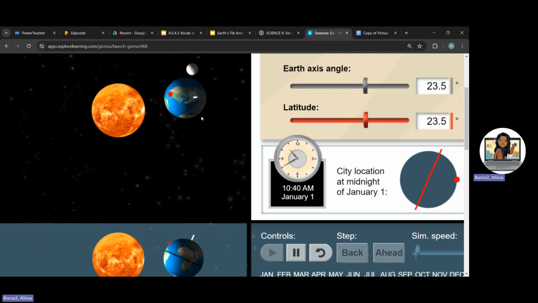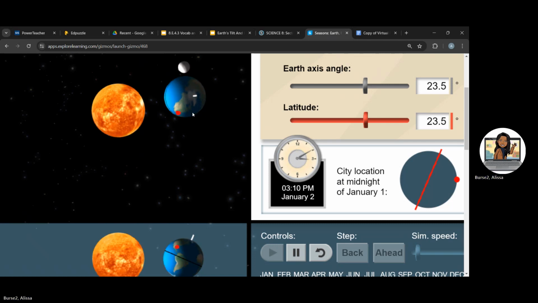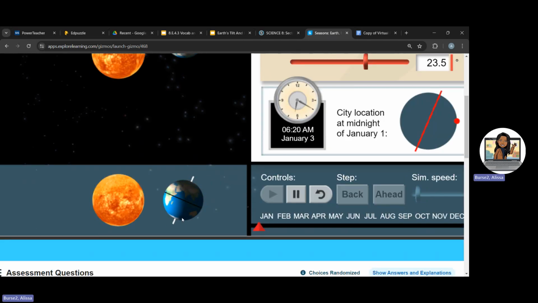So as you can see, my Earth is spinning on its axis. That's the axis right there. And I'm seeing day and then night. Let me show it to you down here. Again,